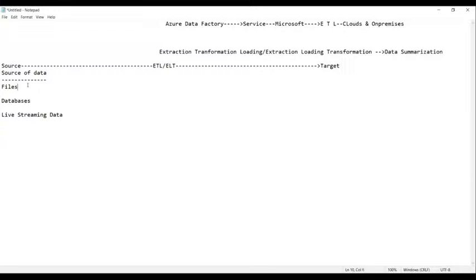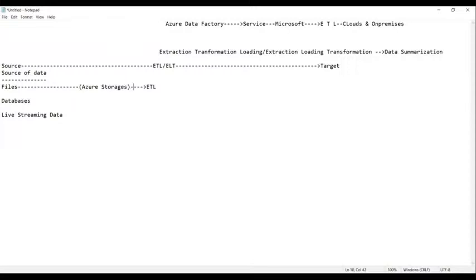Okay. So then afterwards, first of all, we get the data and we initiate the data by using the process called ETL. And before you start the ETL, these files or these databases data or live streaming data need to be stored in Azure storages.